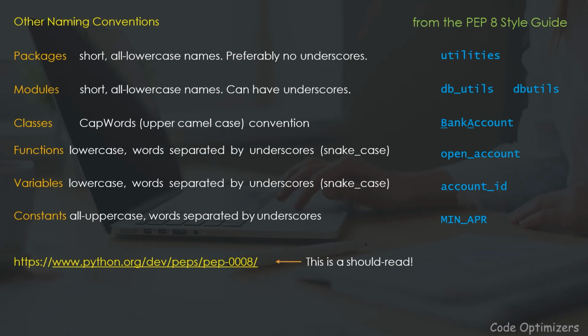So, other naming conventions, and this is just a very small extent of the PEP 8 style guide. If you want to look it up, I really strongly suggest that you read it. It's not that long and it's actually a very interesting read, and it's called PEP 8. Just do a Google search for PEP 8 or Python PEP 8 and you will get it, and I will show you the link. This is the link for PEP 8.